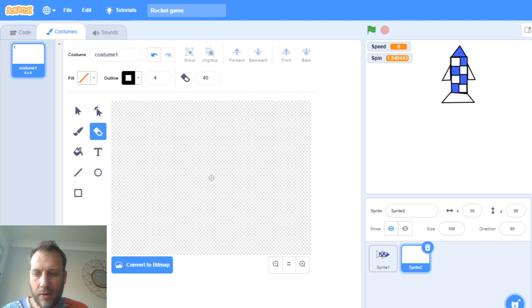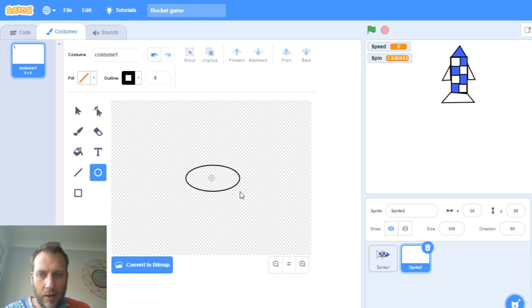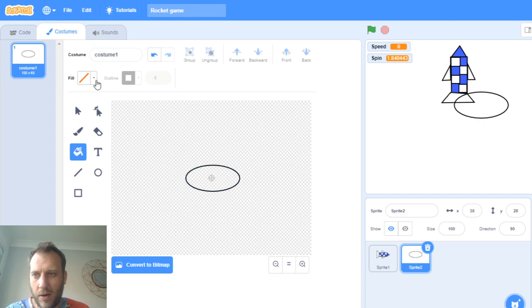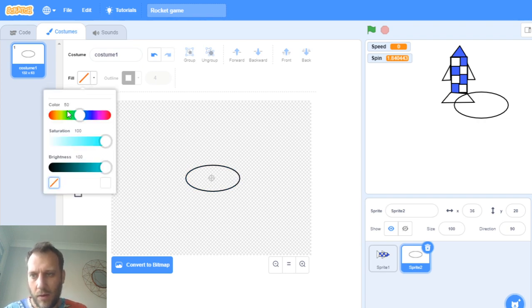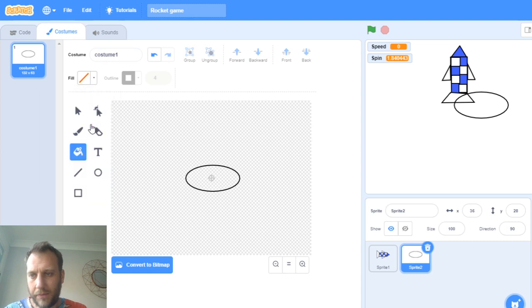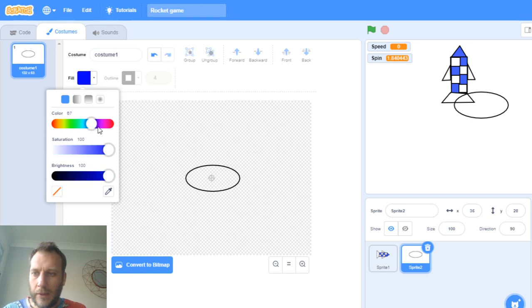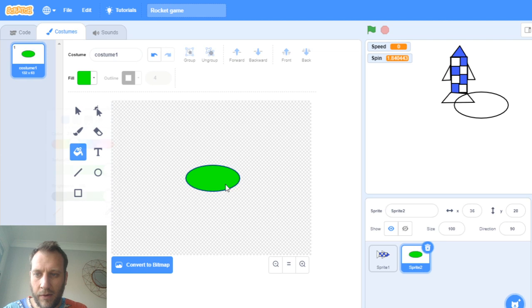So let's get drawing. I'm just going to use the shape tool. I'm going to make this one a circle, and I'm going to fill that circle in. Let's choose a colour to fill it in. Let's go for, aliens are green. I think that's what I decided. So we're going to have a green alien,